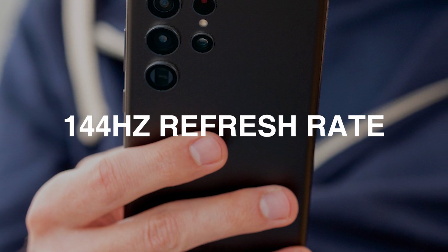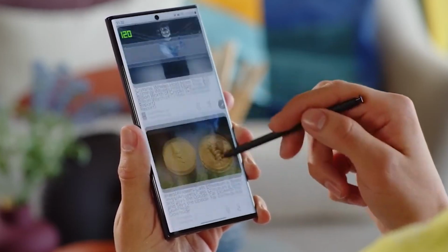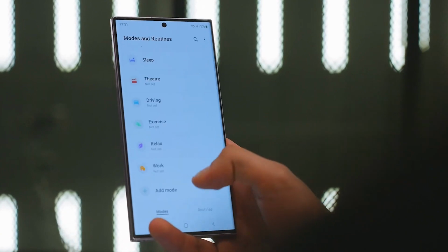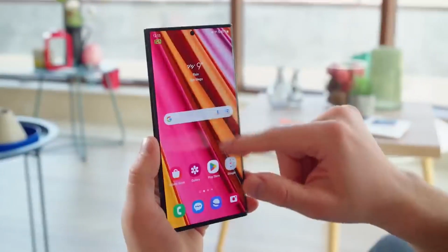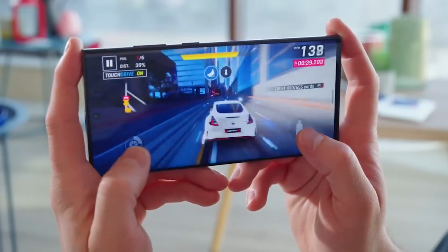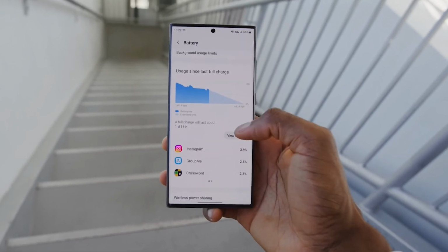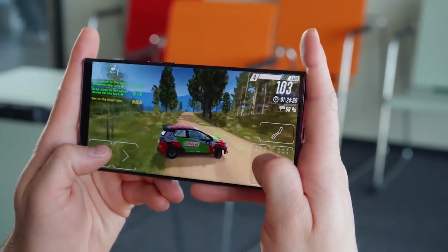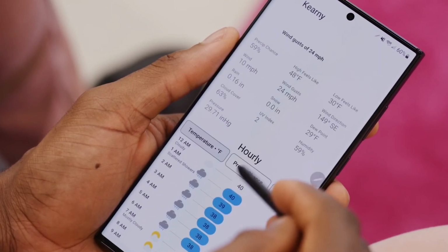144Hz refresh rate. While both the iPhone 15 Pro Max and Galaxy S23 Ultra offer silky smooth 120Hz displays, leaks suggest the S24 Ultra will crank things up even further with a 144Hz refresh rate. That means scrolling, swiping, and playing supported games could look and feel more fluid than ever. Of course, 120Hz is already extremely responsive for most users. But for those who want the absolute cutting-edge performance, that extra 24Hz could make a noticeable difference in perceiving on-screen